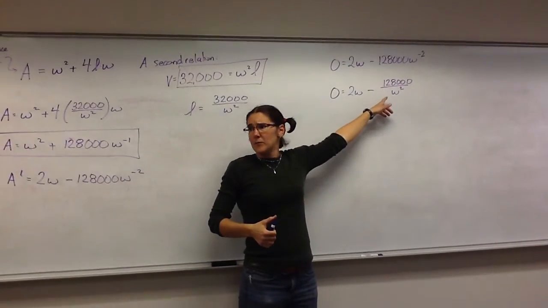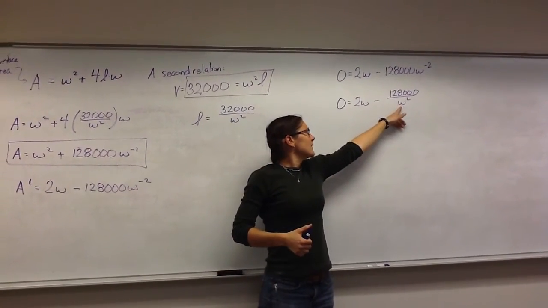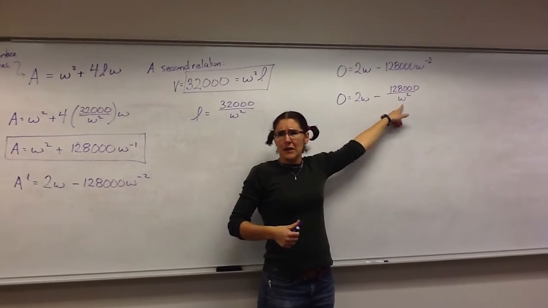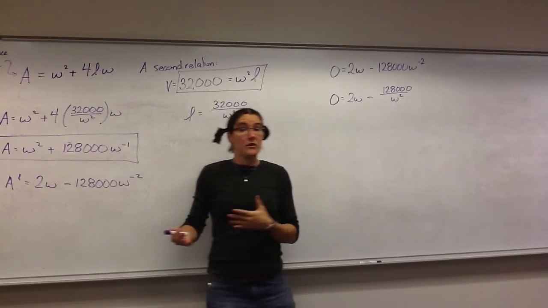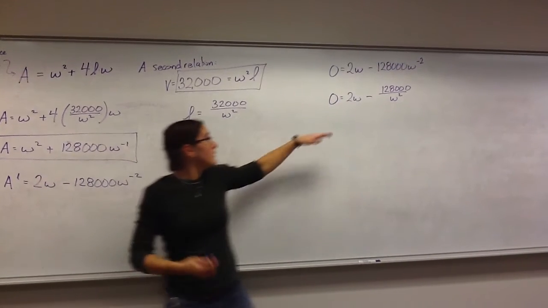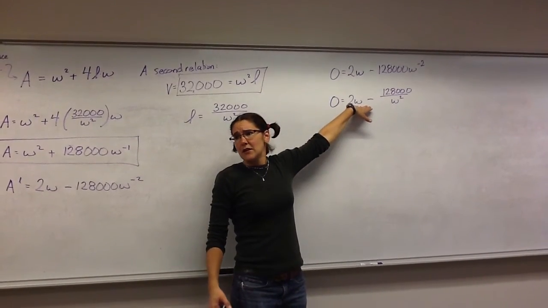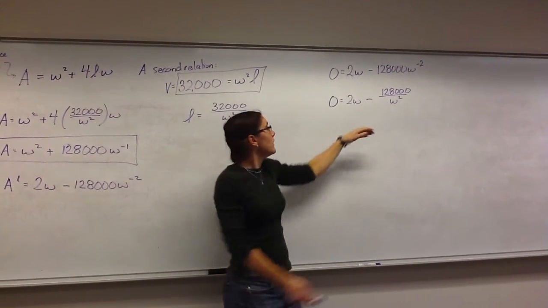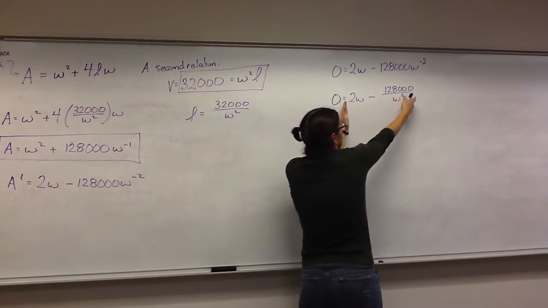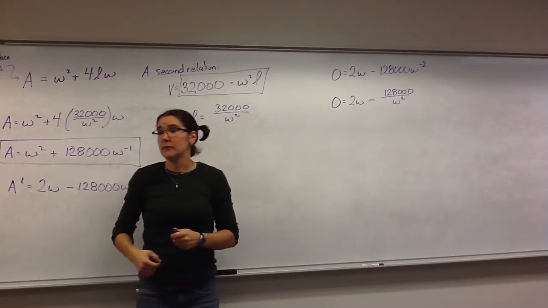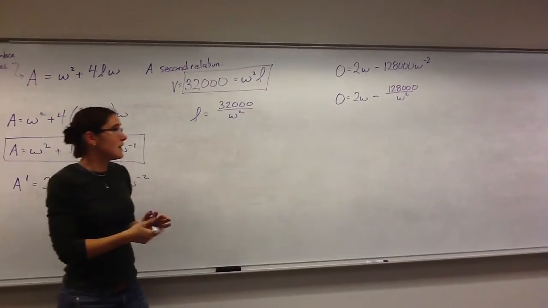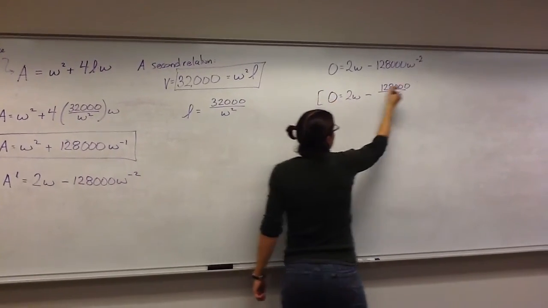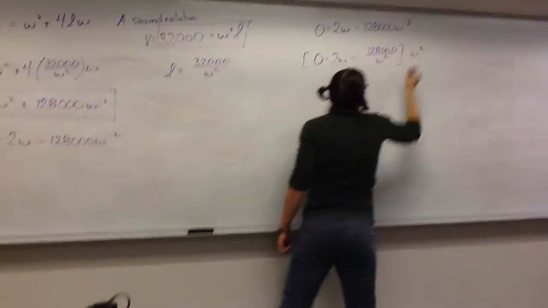And so now if I want to work with this, I still have W's in the denominator, and I really don't like having W's in the denominator, so I can do one of two things. I can either find a common denominator and then eventually clear out that denominator, or to get rid of this denominator, I can multiply everything by W squared. So whatever I do, I just want to get rid of that denominator. So if I multiply the left and the right side by W squared,